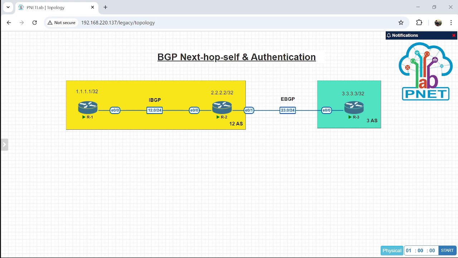So in this video, I want to tell you about the fourth configuration of the BGP routing protocol. In this video, we have two labs. The first lab is about BGP next hop self, and the second is about BGP authentication. So, BGP next hop self